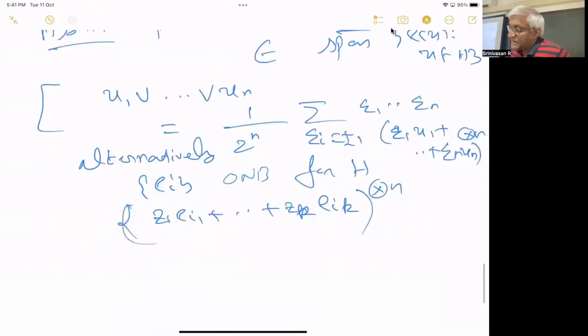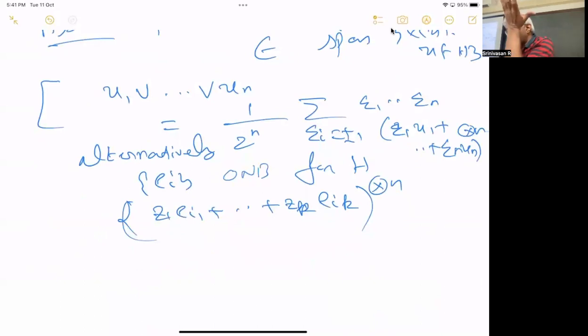Then you will get a polynomial in z1 up to zk whose coefficients are vectors. You consider this as a polynomial. What do we need to show? You have to show that this is equal to the summation of z1 power r1,